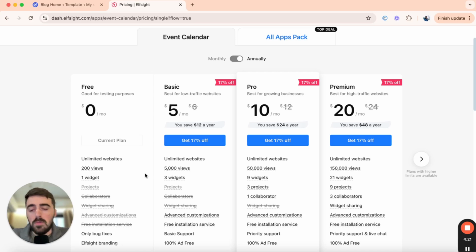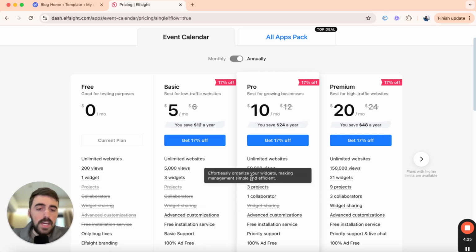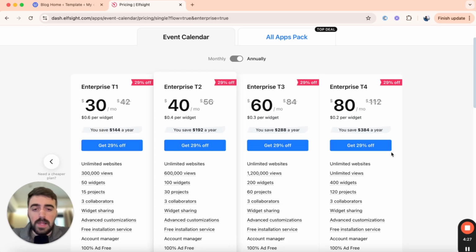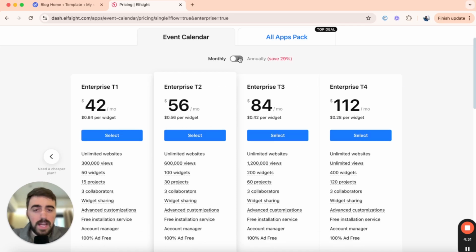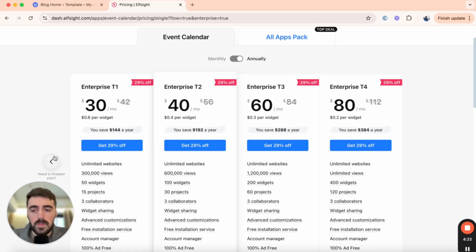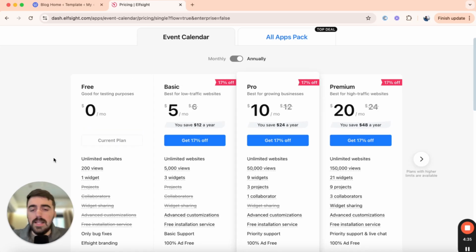However, if you want to unlock more functionalities, or if you want to add more than one widget to your WordPress website from Elf-site, then you can obviously go for one of the premium plans right here. As you can see, they have quite a few different ones that you can choose from. And if you decide to pay annually, you also get to save some money on top, which is quite nice. But in my case, since this is just a tutorial, this is the plan that I've gone with right here,